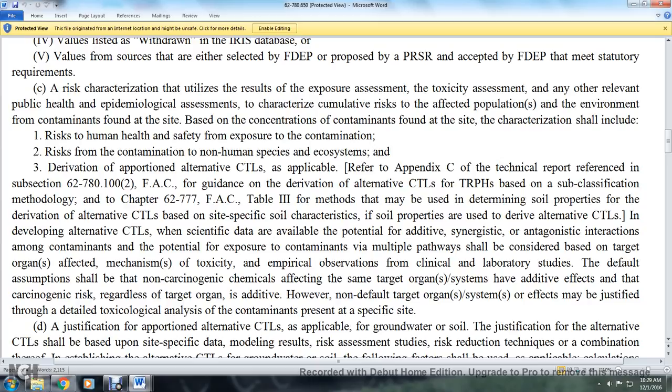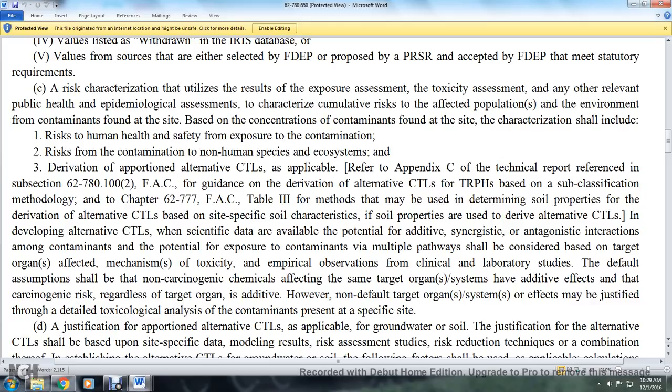Four methods may be used to determine soil properties for the derivation of the alternative cleanup target based on site-specific characteristics. If the soil presents the use by the derived alternative cleanup target levels, then in developing alternative cleanup target levels, where scientific data are available, the potential additive, synergistic, and antagonistic interactions among the contaminants